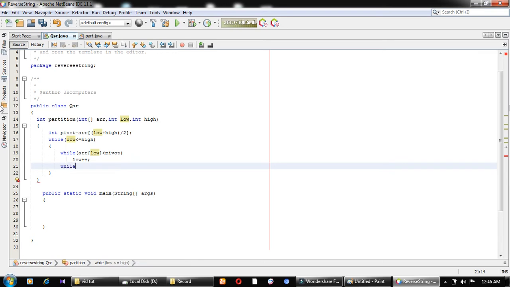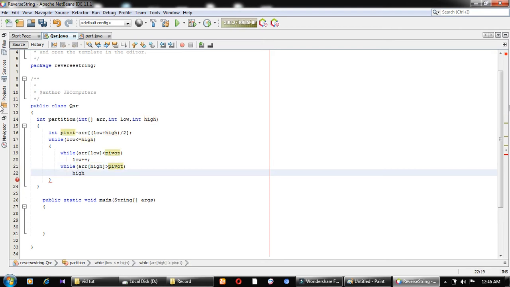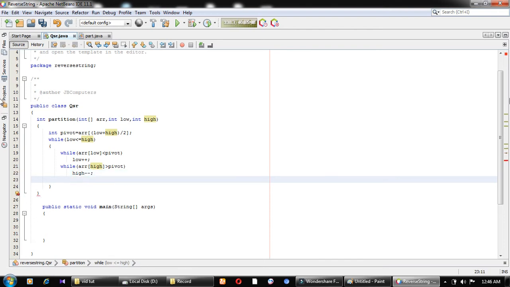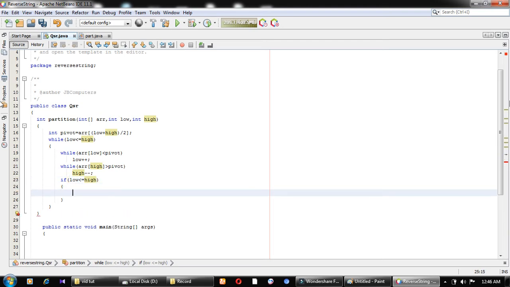Now here, while, this one for the right side, array of high is greater than the pivot element, so decrement the value of high. And at last, if low is less than or equal to high, so we will get the